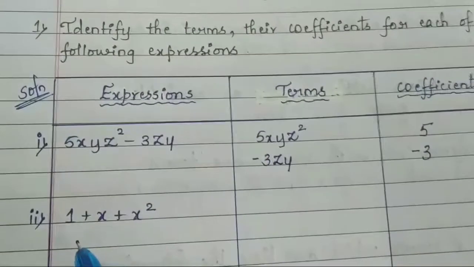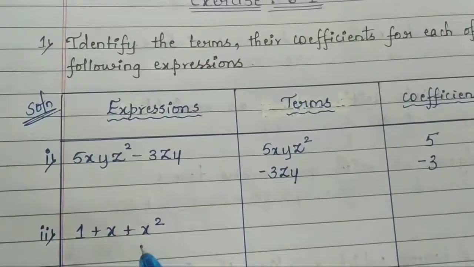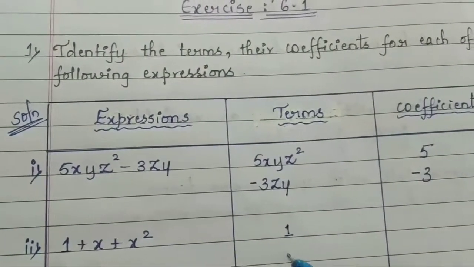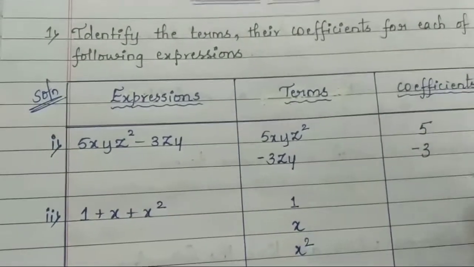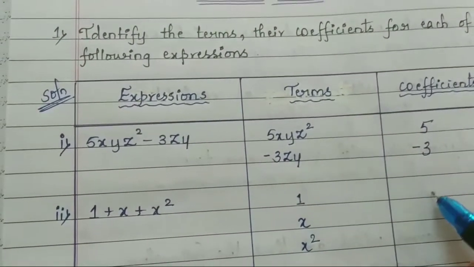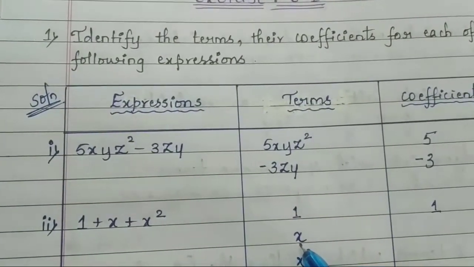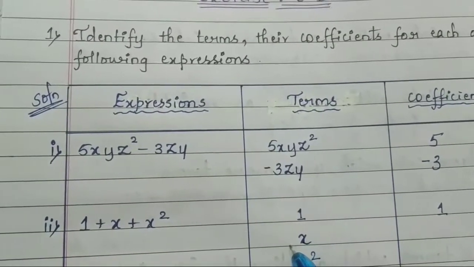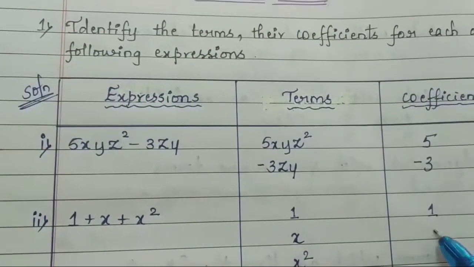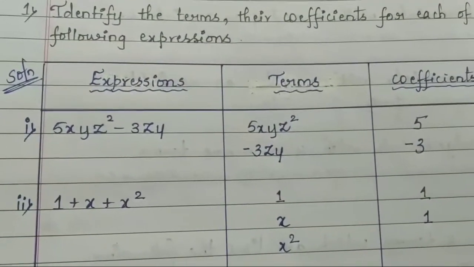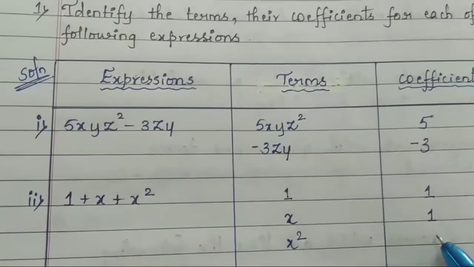Okay, similarly you can see another expression, that is 1 plus x plus x square. Here three terms are there. So the first term is 1, second term is x and the third term is x square. Okay, so what are the coefficients of these terms? The first term's coefficient is 1. Okay, and for the second term, here x is given, it is having no number. If there is no number along with this x, it means it is having 1 as its coefficient. Okay, for the x square also there is no number beside it, so it means it is also having 1